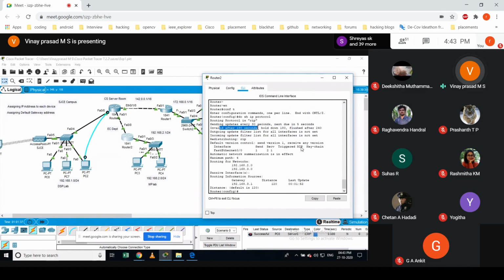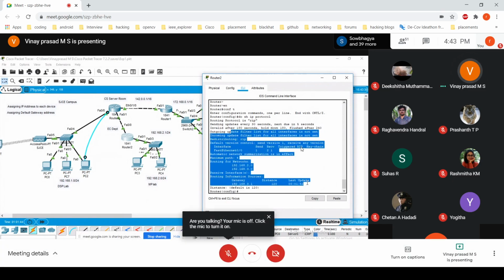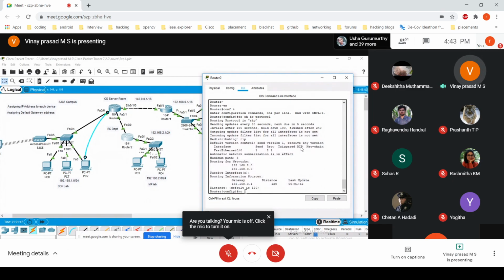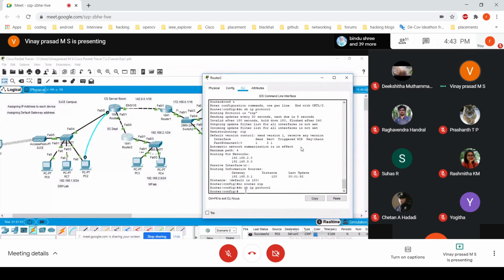The invalid timer is 180 seconds, hold down timer is 180, flush timer is 240 seconds, and outgoing information, everything you will be able to get here. I don't want this now, so I'll say no router RIP. That's it, easy to remove. If you go back and check again, you will not get any information, which means the routing protocol is disabled right now.